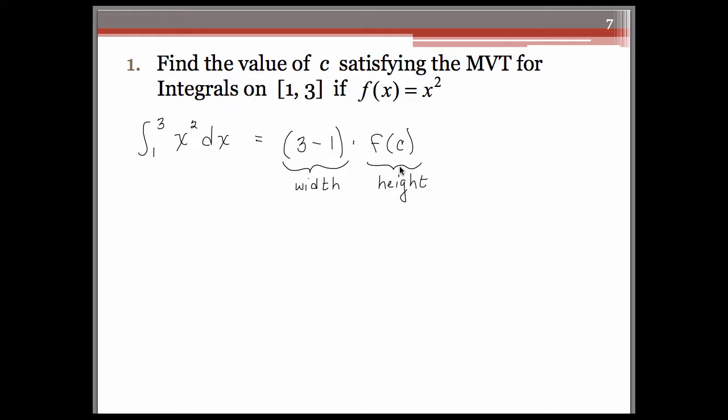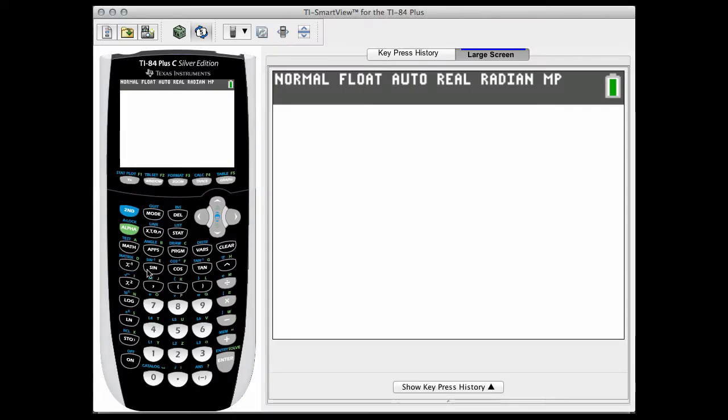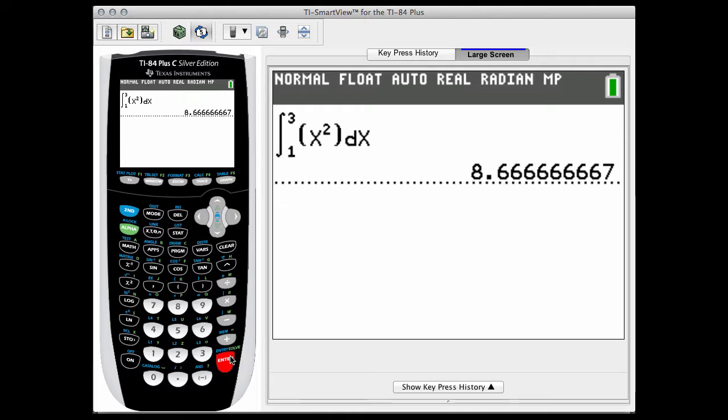Okay? So we can evaluate this definite integral, just to make it a little bit easier. Let's just go ahead and do that on our calculator. So remember, we can do math 9 for a definite integral, and we want the integral from 1 to 3. And I'll just go ahead and type in x squared here to make it easier, instead of putting it under y equals. So that gives us 8.6 repeating,